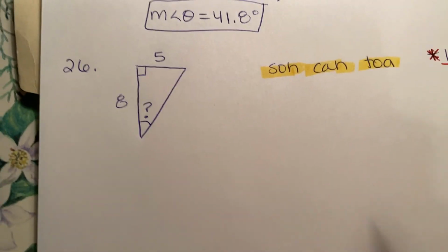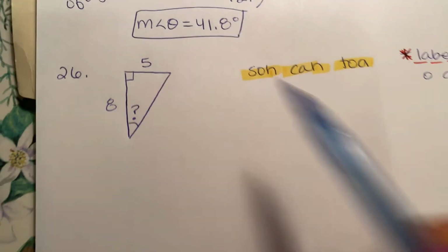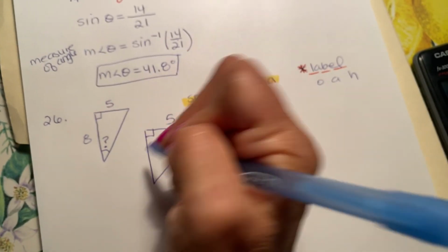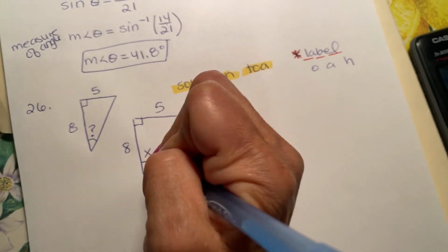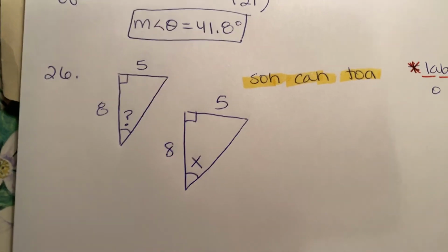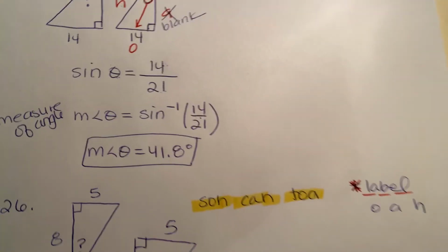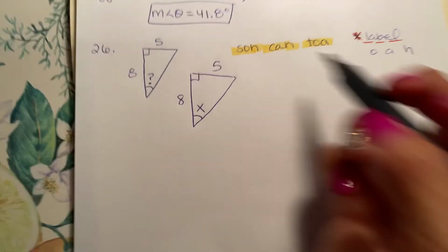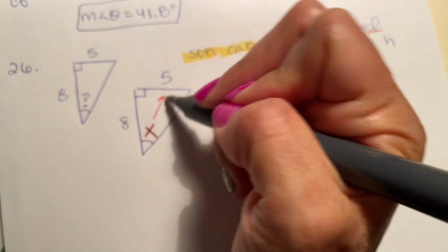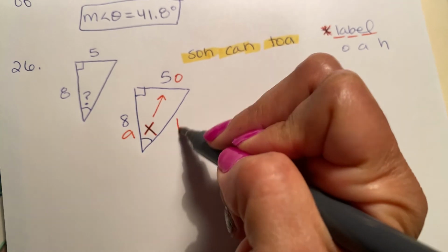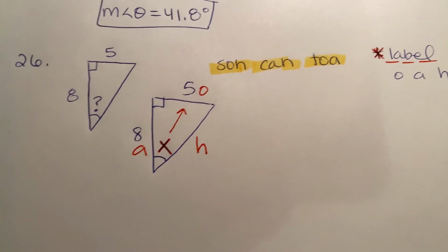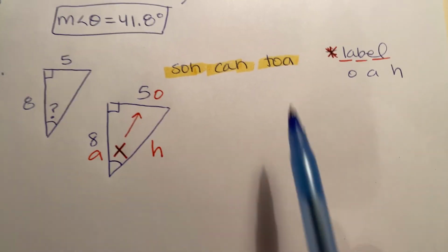Again, find the missing angle. A question mark, that's horrible. I think I told you guys I'd put an X here. I didn't draw it very nicely, but sorry. So let's put an X now. Here I used theta, let's use an X. This is the angle I'm focused on, so this is my opposite, this is my adjacent, this is my hypotenuse. Again, you find your angle, you label off that angle, and then you decide which